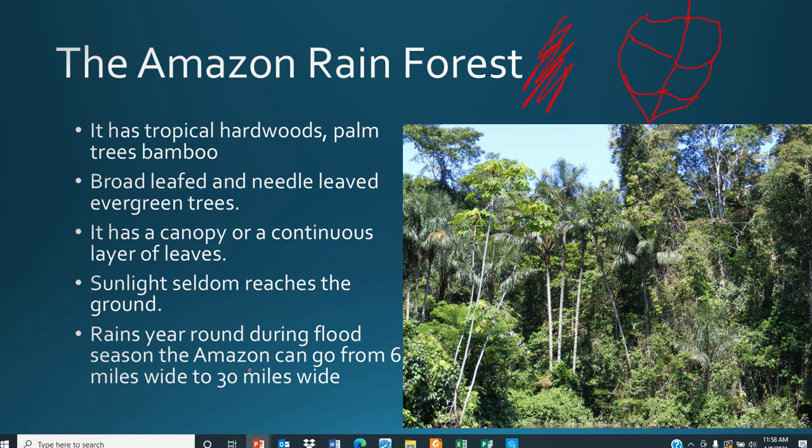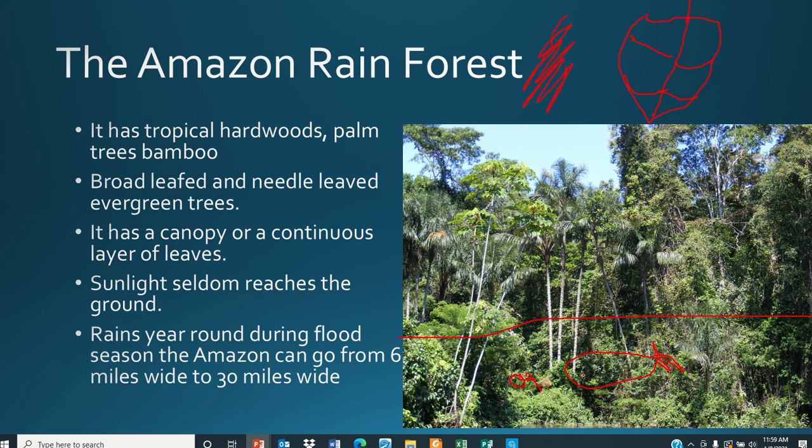Now, I think I mentioned this in another slide, but we're going to go over it again, that the Amazon River is anywhere from 1 to 6 miles wide, typically. However, during the rainy season, it can overflow its banks and be up to 30 miles wide. That means this whole section of forest here would be covered in water, and there would be fish swimming around inside this forest, past the trees, hunting other little fish.